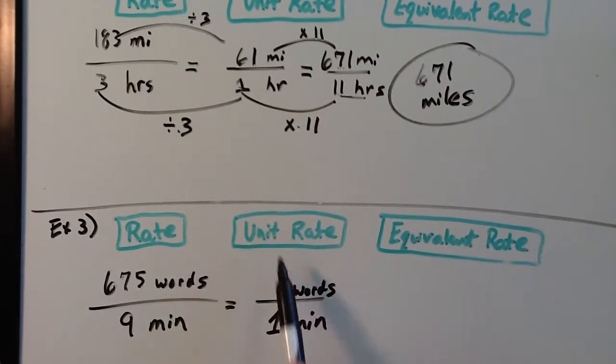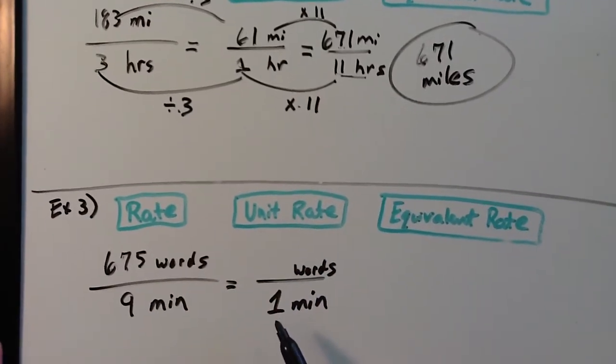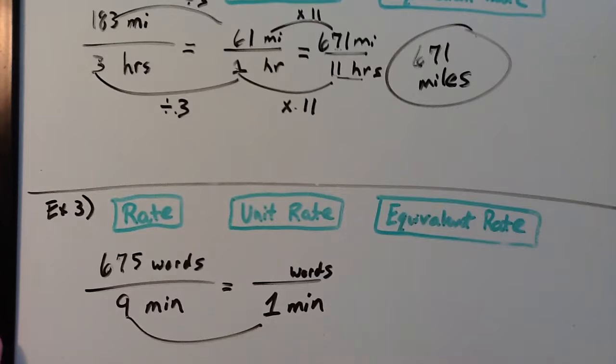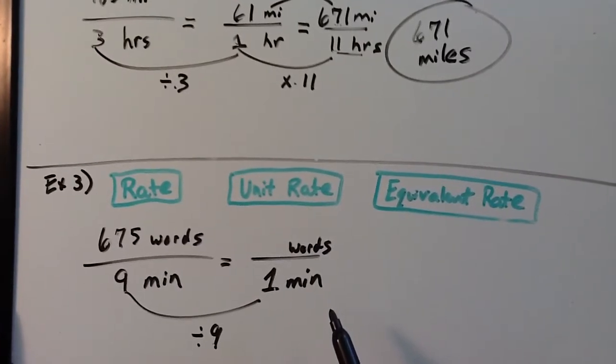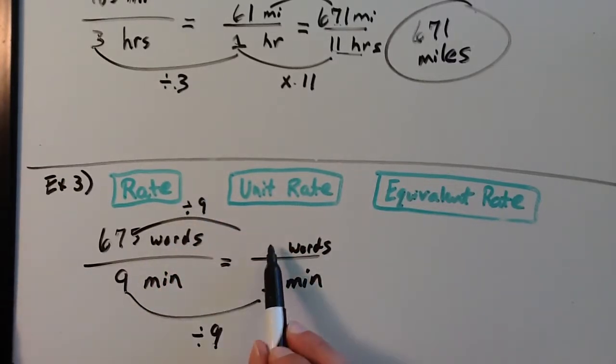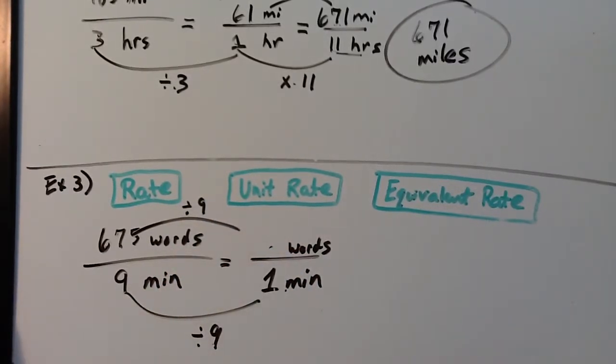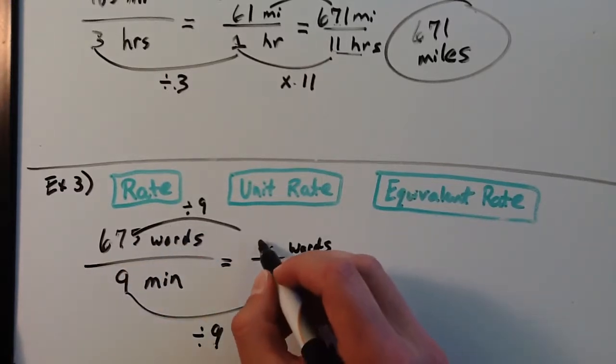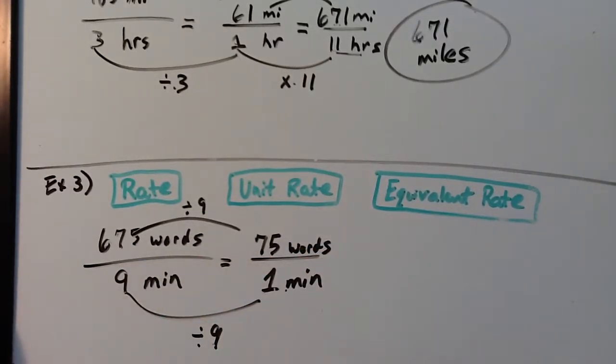Again, notice how our unit rate has a bottom number of 1, a denominator of 1. So to get from 9 to 1, what did I do? I divided by 9, right? 9 divided by 9 is 1. And if I divide by 9 in the bottom of my rate, I do the same thing in the top of my rate. 675 divided by 9 would give me how many words he types in 1 minute. 675 divided by 9 is 75, right? So he is typing 75 words per 1 minute. And then if I know he types 75 words in 1 minute,